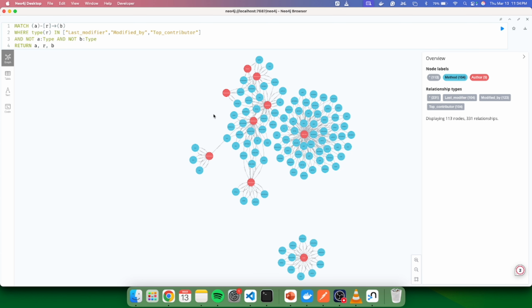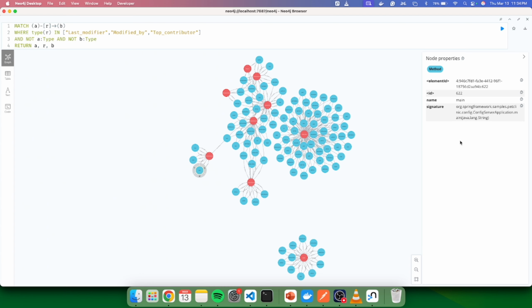Here we can see the different methods and their authors, and each method will have information like the name of the method and the full signature. Author will have information about their email address and their names,